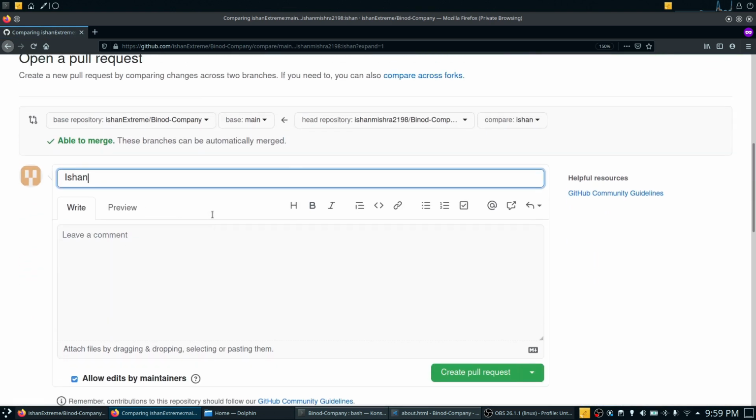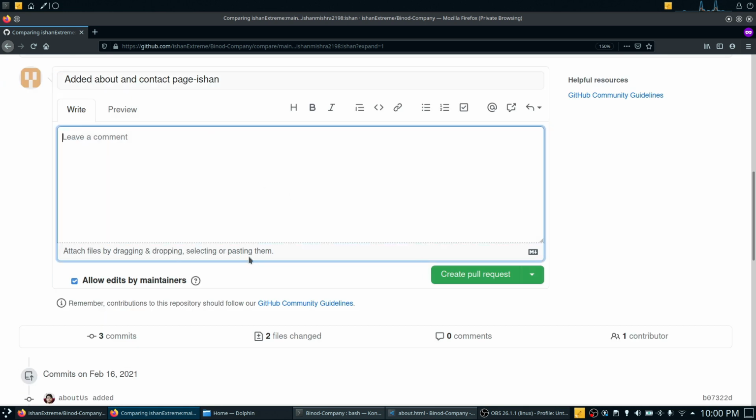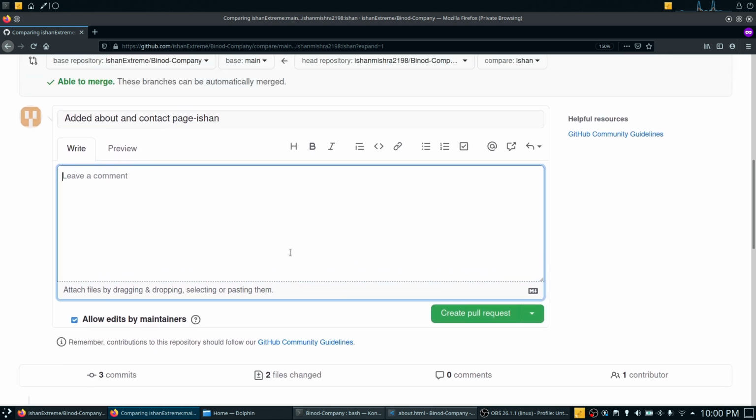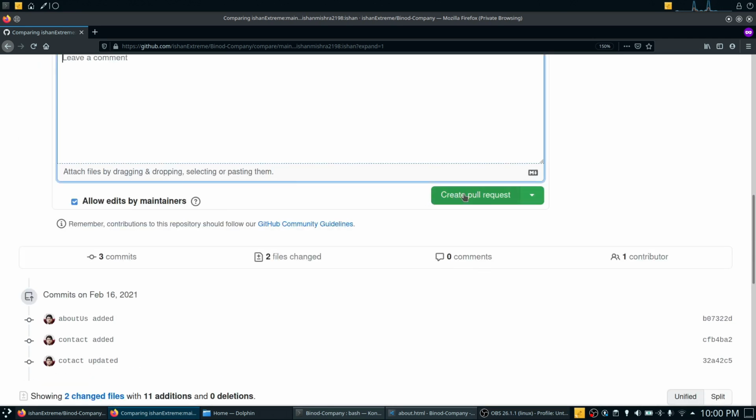Okay, now give some title to the pull request, some description and something. Now click on this green button, create pull request,